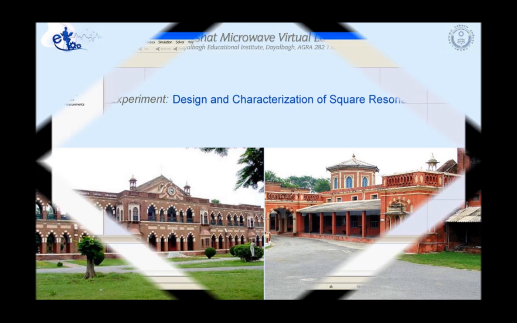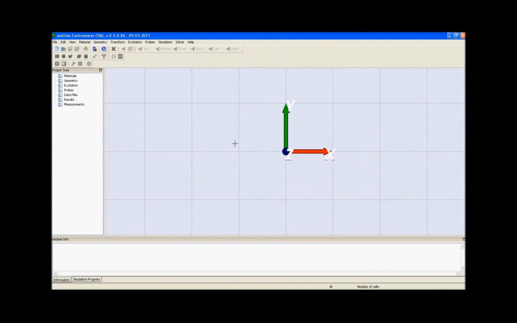In this tutorial, you will learn how to simulate an antenna. As a typical example for an antenna, you will analyze a square resonator. Once you've started the software, you need to click on the New Project